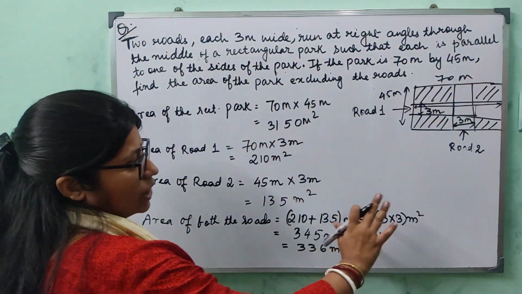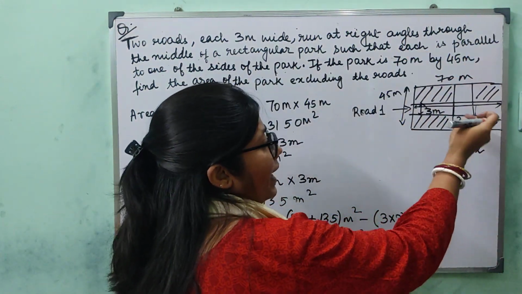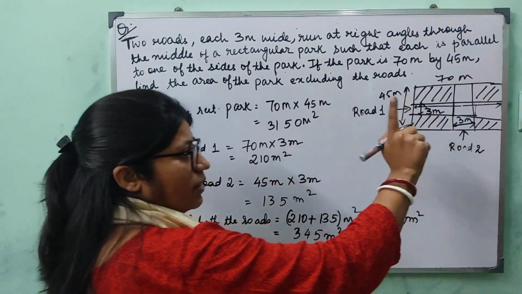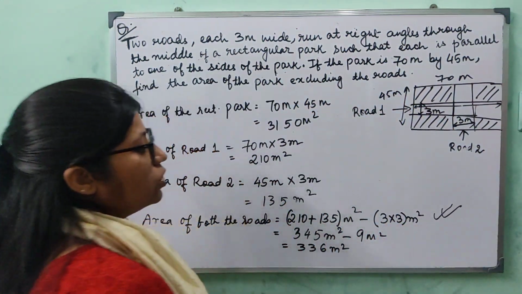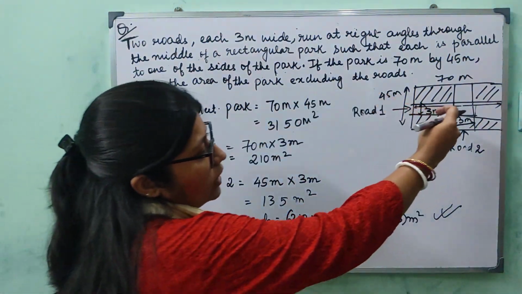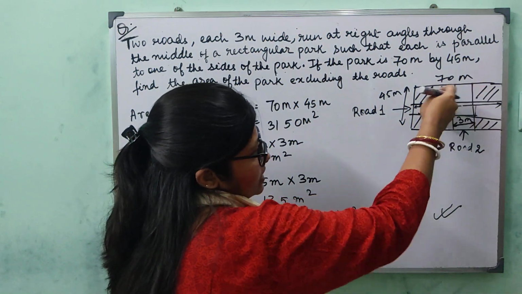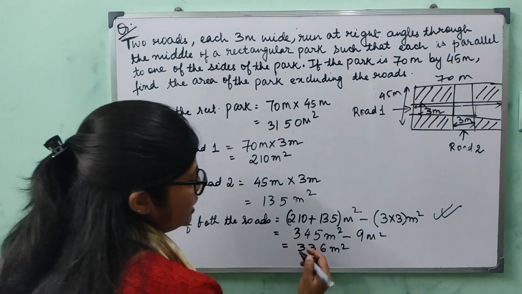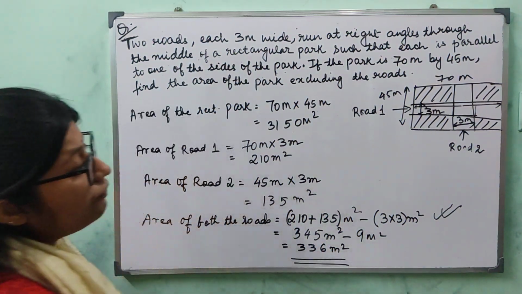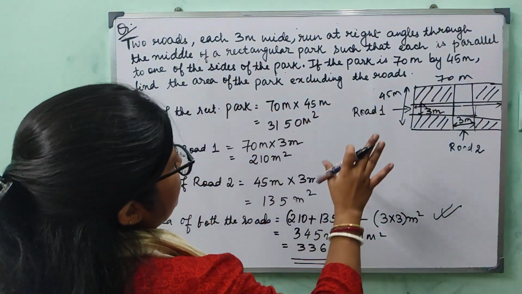Now this area is actually the area of this road, keeping in mind that this portion is taken only once. We have used this condition and done what? The overlapping part which was taken twice while considering both the areas is removed once. So this portion is giving me what? The area of both the roads. Now 3/4 of the sum is done.